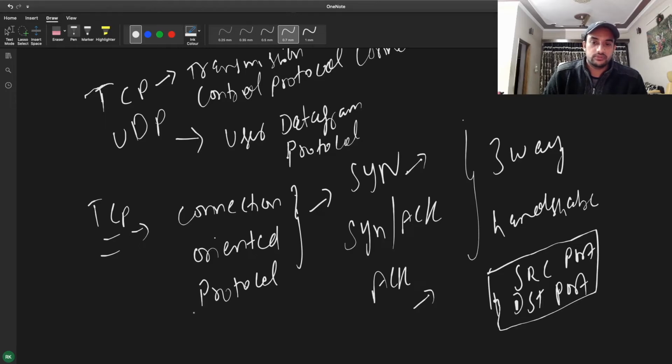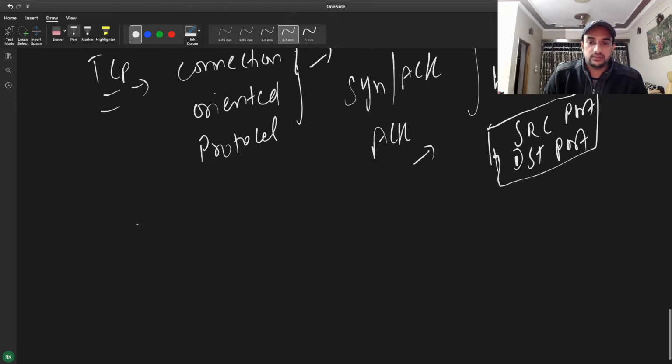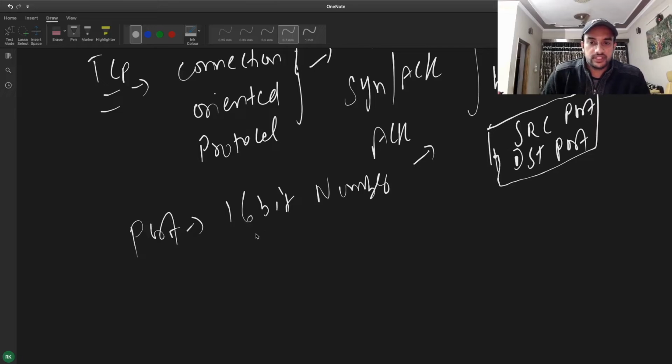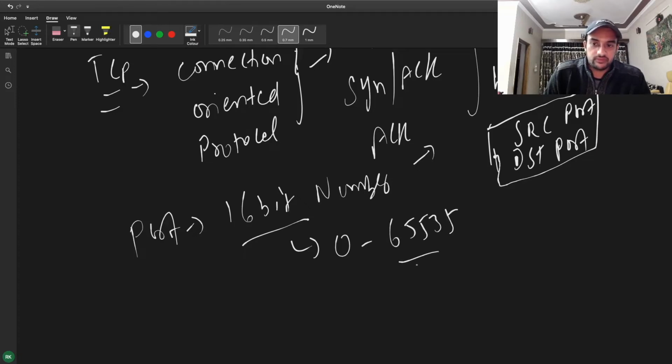So what is a port? Let's quickly glance through that. A port is basically a 16-bit number, which means it can range from 0 to 65535. This is the maximum port number there can be, but generally host machines have some reserved ports up to 1024.